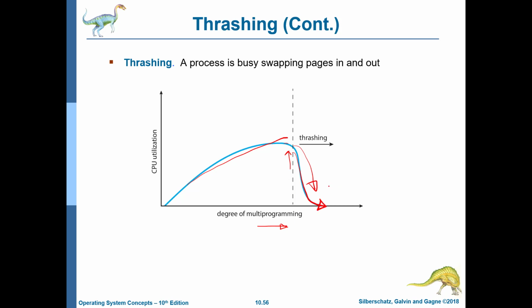Alright. So the key point is that whatever our degree of multiprogramming is, it has to be to the left of this dotted line, not to the right. And of course, there is a clear optimal region, which is possibly this region. But we need to track the page faults. So modern kernels have a lot of modules to track the page faults and avoid thrashing at all costs.